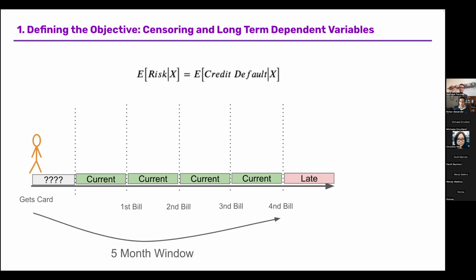For instance, if we have a 6-month window, we'll have to wait 6 months. A batch of customers joins your bank, and you cannot retrain your model with that batch of customers. You have to wait 6 months until you throw that data into your model to re-estimate your model, because you have to wait until the target or the outcome variable matures. It's not the moment the customer gets in the bank, you still don't get to see if it's a 0 or a 1, you have to wait a long time.